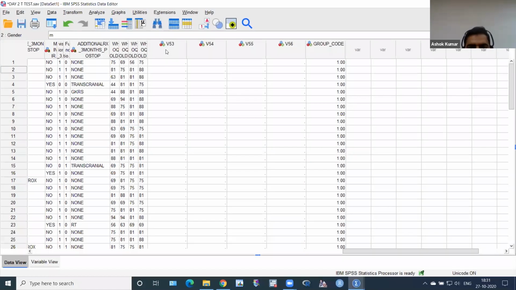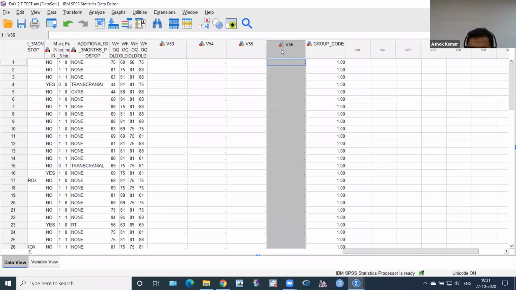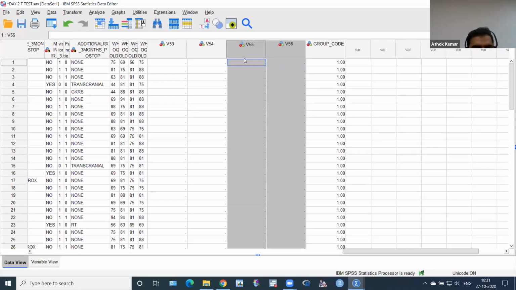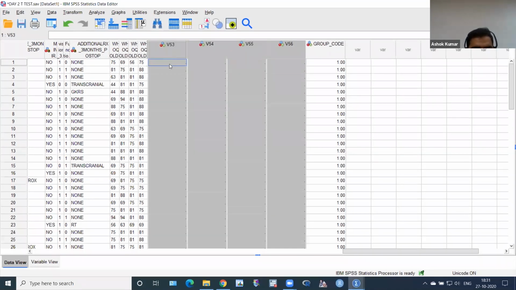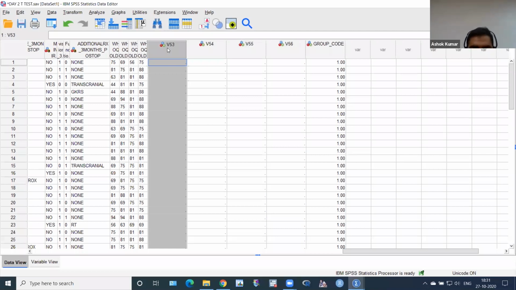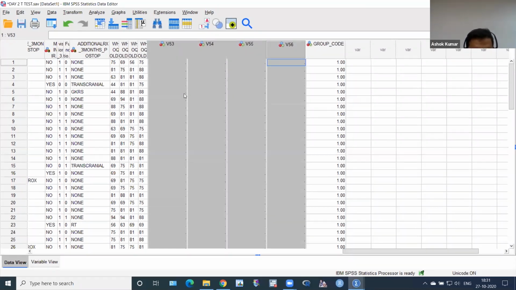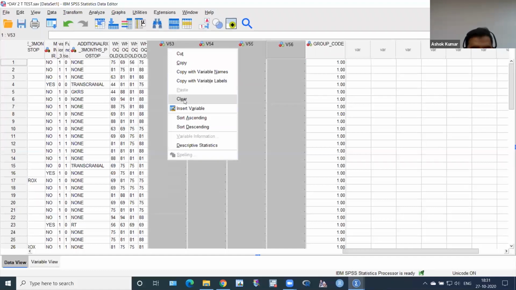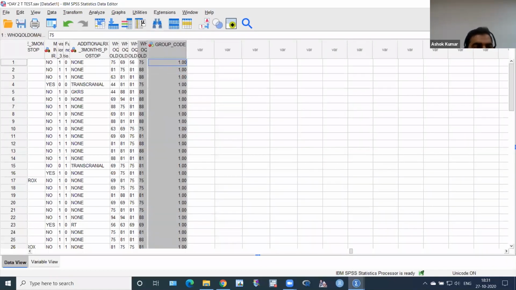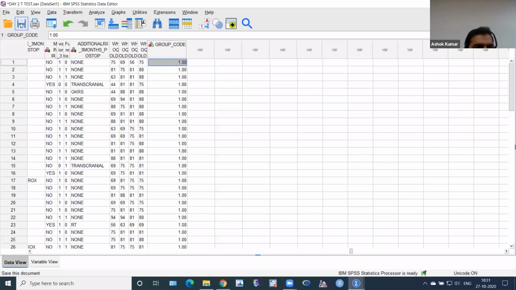There is no data. I have to select it. Then I have to press shift and left arrow. Okay, and I have to click here. Click here and then shift and right arrow, and then page right. I have to click and then clear. Automatically gone. No problem. Then I have to save this. Every time you have to save, otherwise you will lose your data. So click here. Okay, it's saved.